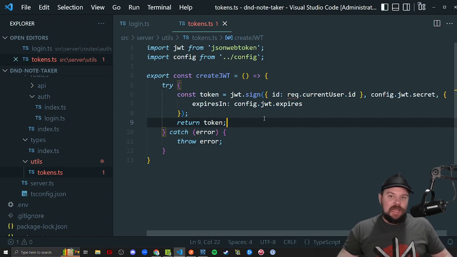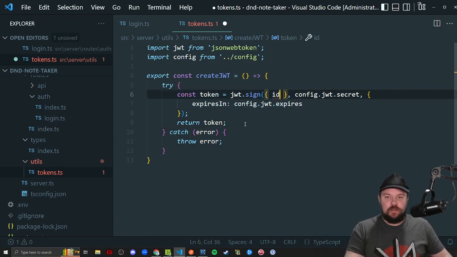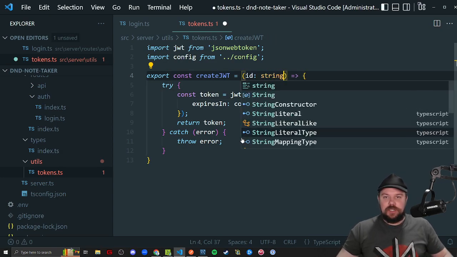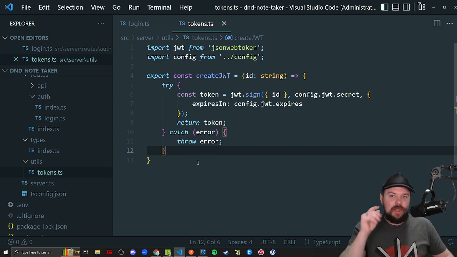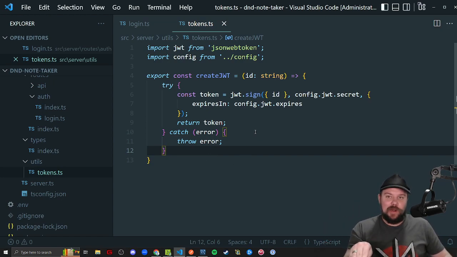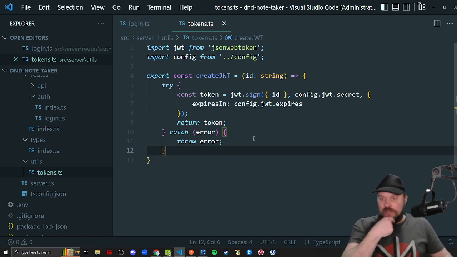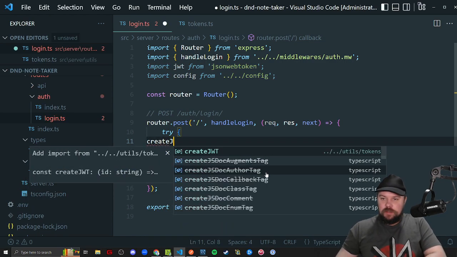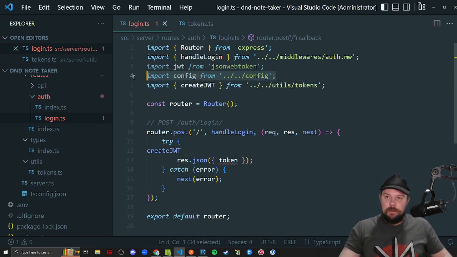Now, clearly, I'm going to have to pass in the user's ID, so maybe that's what I'm going to start with as of right now, where I'll say we're going to pass in an ID that will be a string to start, and we can customize these args later. But as of right now, that's all I really care about to have in my token, so I'm just going to hard write that ID string and call it a day. Okie dokie artichoke, which means now we can come here and write create JWT, have it auto import for us,